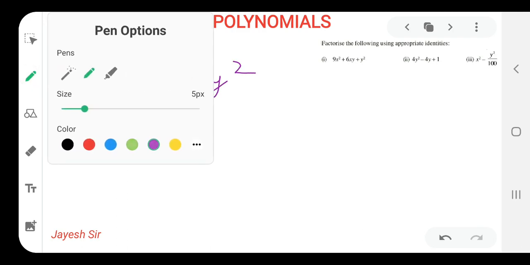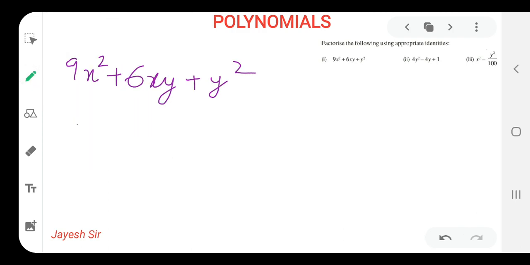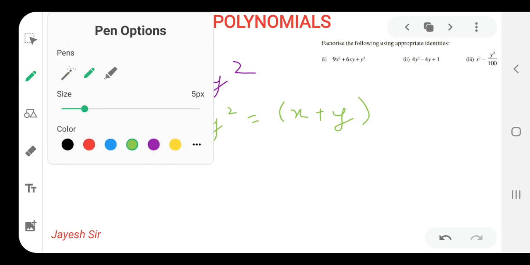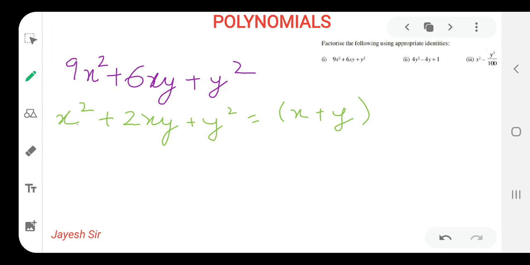The similarity I can find with the formula is x square plus 2xy plus y square is equal to x plus y the whole square. Yes friends, but what we need to identify in this question is that it should be 3x square over here, and only then can it be replaced. So it is 3x square. After doing this we have almost solved our sum.